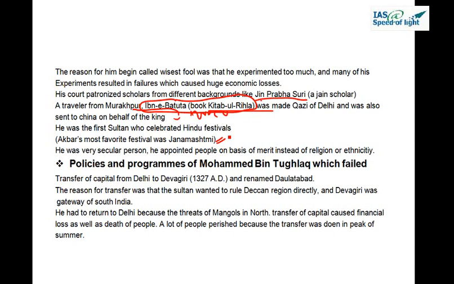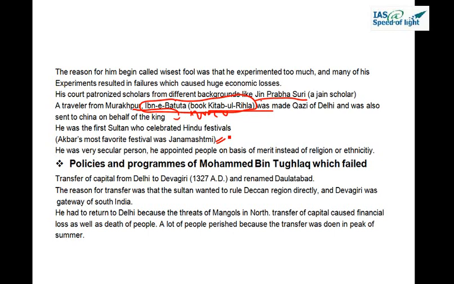So now let us discuss some of the policies and programs of Muhammad bin Tughlaq which actually failed. Now, first one is a transfer of capital. So this is one of the most controversial measures of Muhammad bin Tughlaq, that he transferred his capital from Delhi to Deogir. Now that is Daulatabad. Now there are different versions by different historians. According to Dr. Mehdi Hussain, the Sultan wanted to maintain both Delhi and Daulatabad as his capitals. But as per Badani, another contemporary writer,